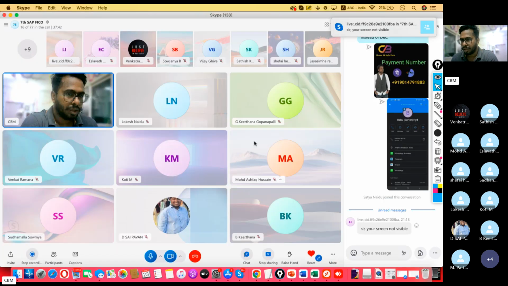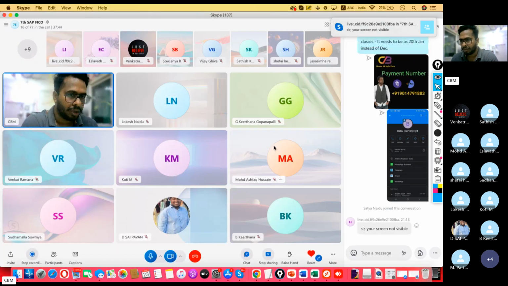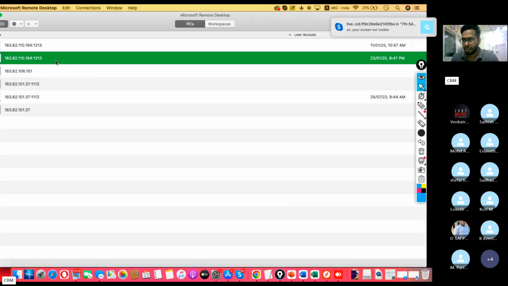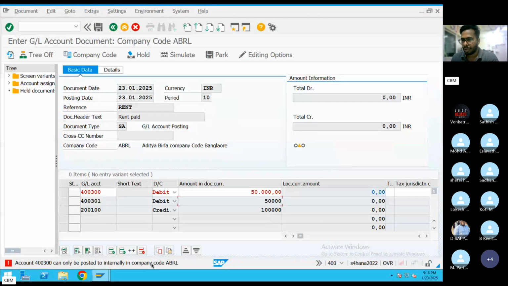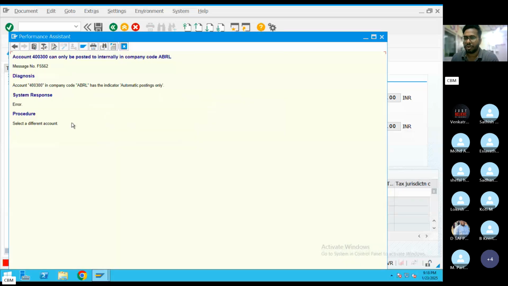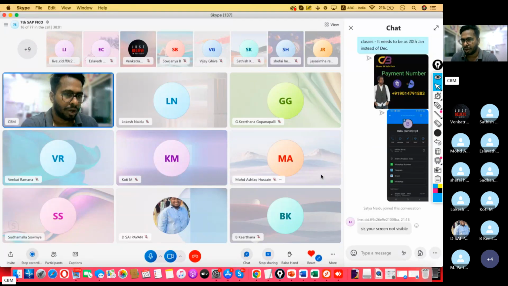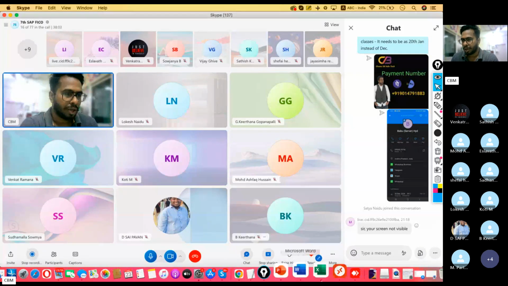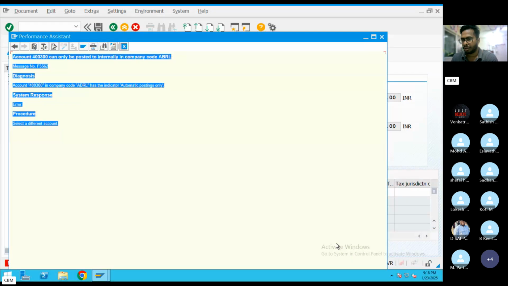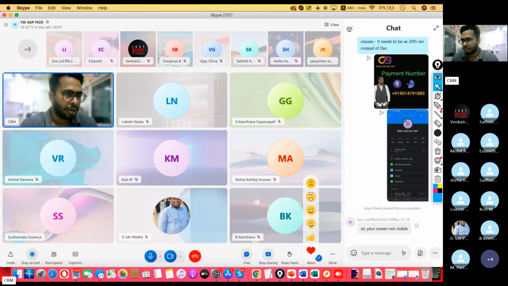So my screen is sharing, right? Check around. So my screen is okay. Okay. So at the time of transaction booking, if the end user faces the error, then we need to resolve these errors. That's it. That is our duty. Now everyone understands, right? Everyone understand what I'm saying?